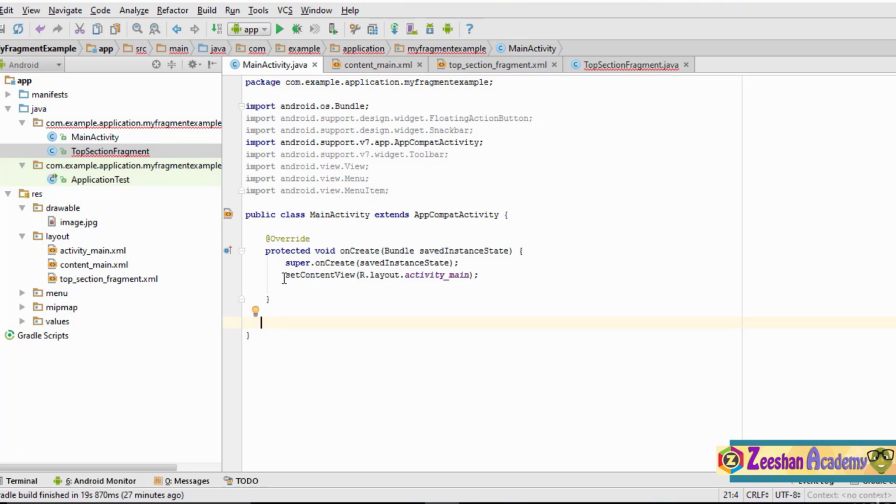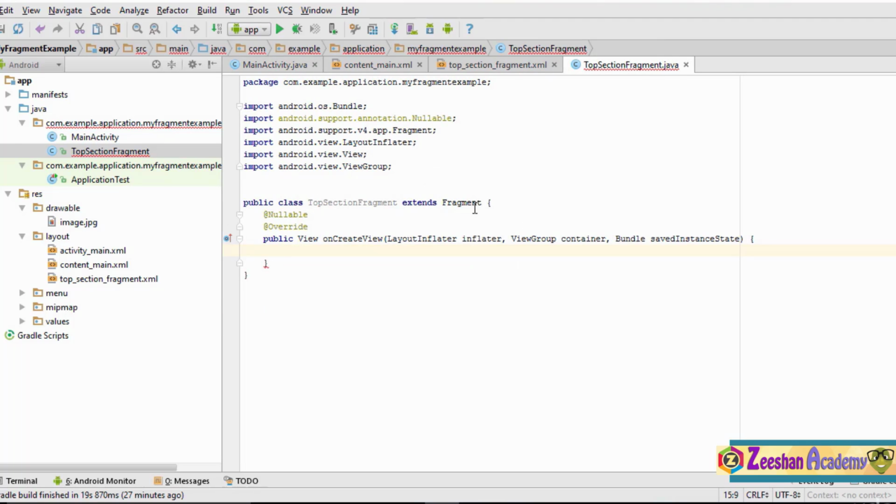So in the main activity we have used the setContentView. So basically we'll be needing to create a view in the TopSectionFragment.java as well. So in order to create a view over here, we type view equals, and in this case we are going to use the inflater to set the view. So we type inflater dot